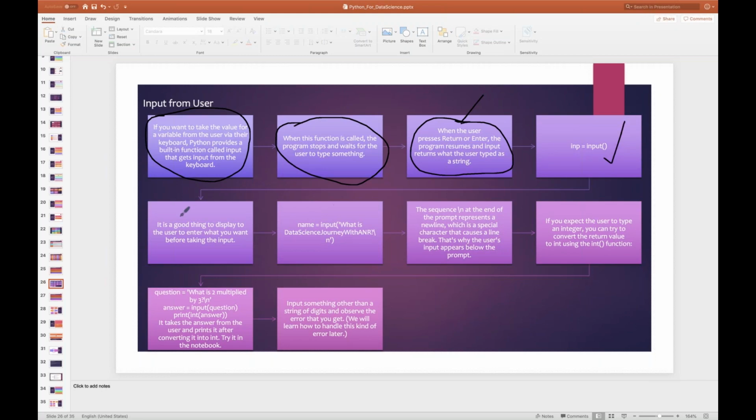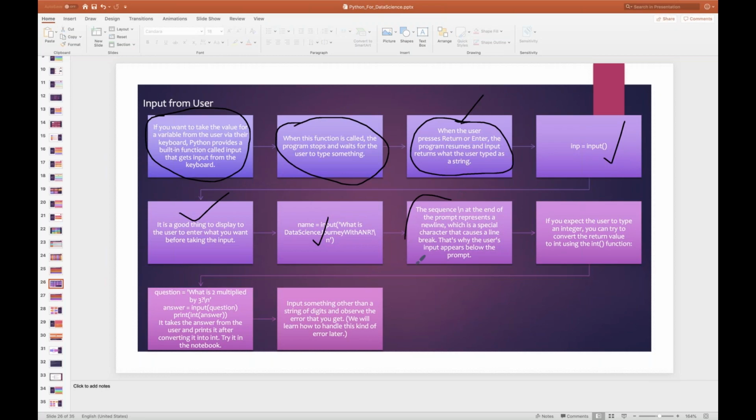Now, it's a good thing to display a prompt to the user before taking the input. For example, name is equal to input of "What is your name?\n".